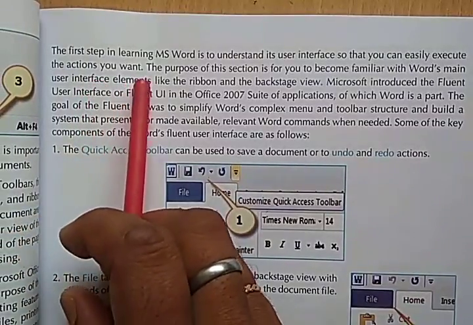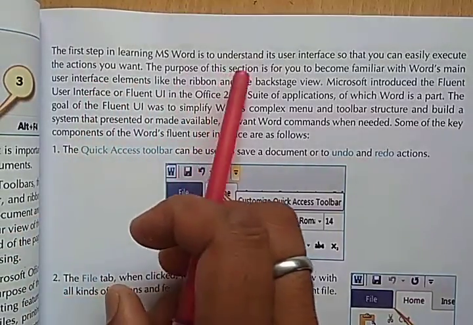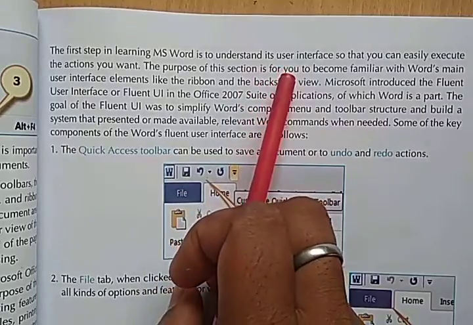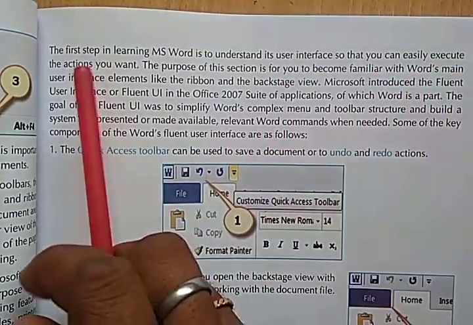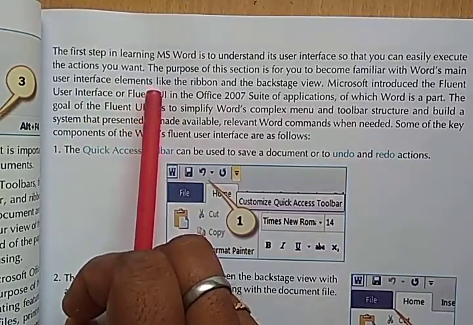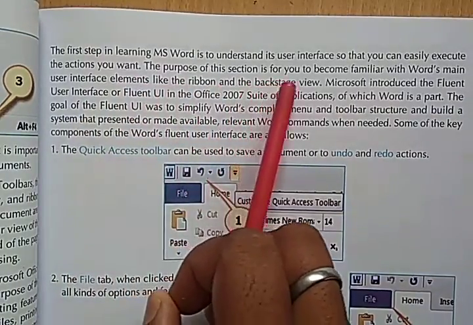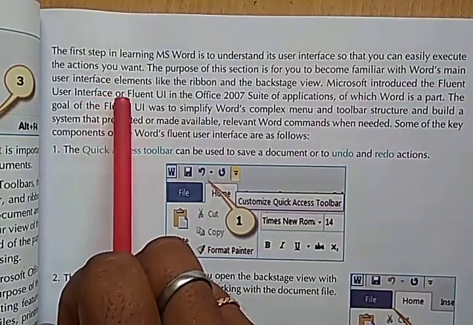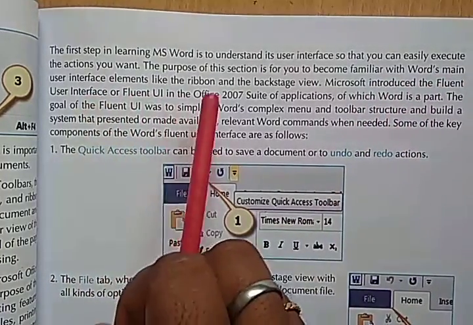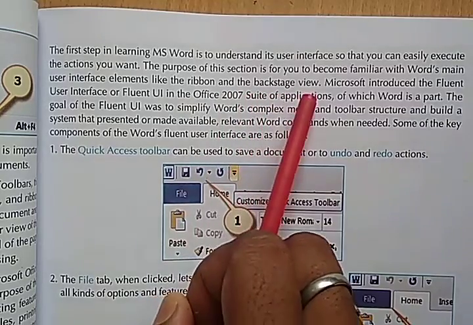The first step in learning MS Word is to understand its user interface so that you can easily execute the actions you want. The purpose of this section is for you to become familiar with Word's main user interface elements like the ribbon and the backstage view.